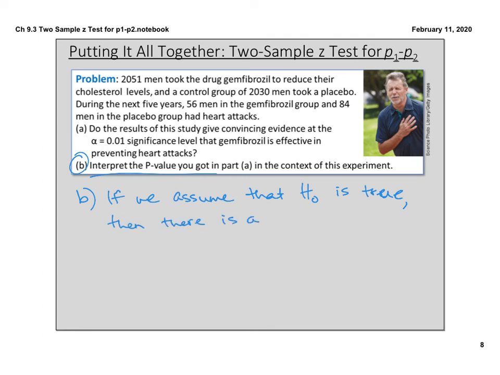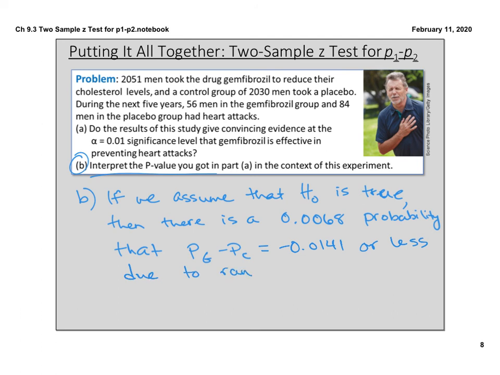If we assume that H0 is true, then there is a 0.0068 probability that PG minus PC is equal to negative 0.0141 or less due to random assignment alone. So basically what we're saying is that's the probability that we get,